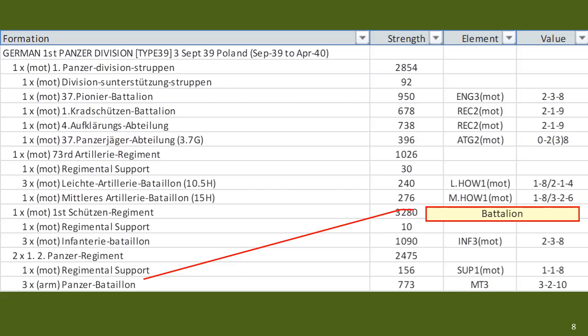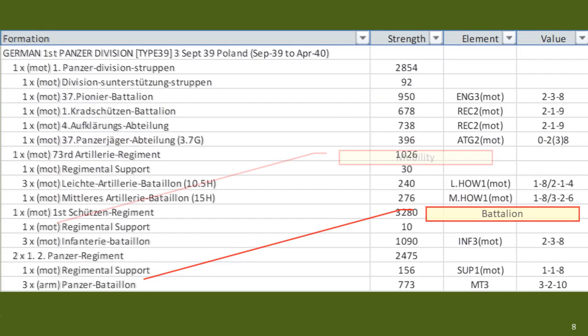The number of each battalion is included, in this case 3 Panzer battalions. Moving over to the right, we come to a battalion's combat strength, in this case 773, followed by a battalion code, and finally combat values, using a set of rules based on the SPI Modern Battles board game. This value will generally be ignored in this video as it's used for a figure gaming set of rules, not for this video, but the other values will be used as they provide an idea of the battalion strength and